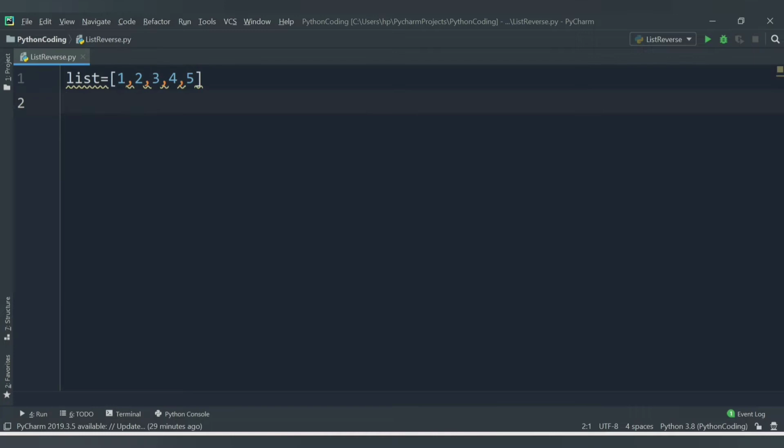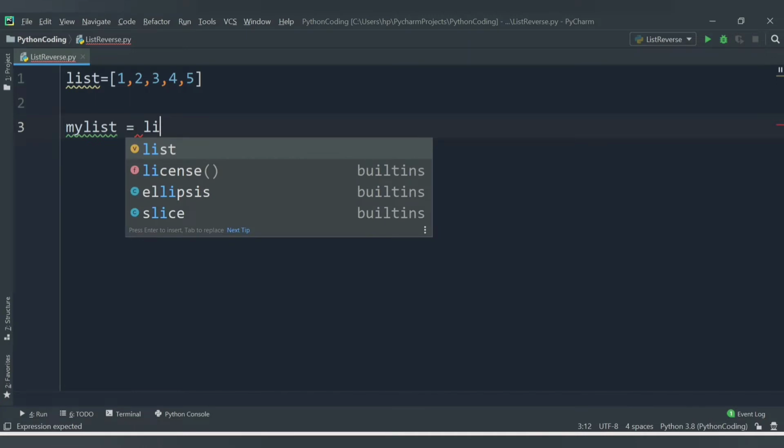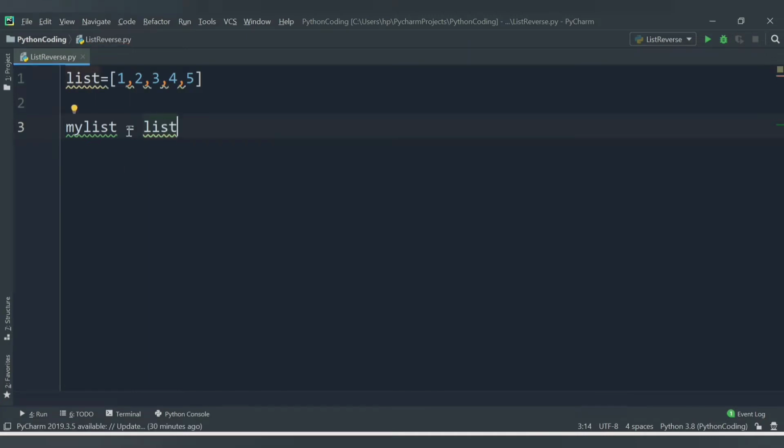Now before applying the logic of reversing a list, let's understand the slicing concept of a list. Here I have the entered list. Now I will have another variable called mylist, which will also be a list, and it should have the elements of list. Whatever values we have entered in this list, we are assigning those values to mylist. If I try to print